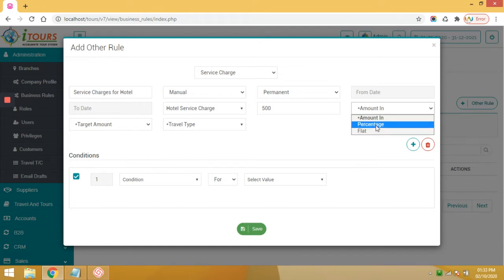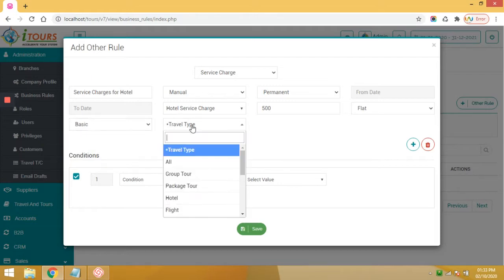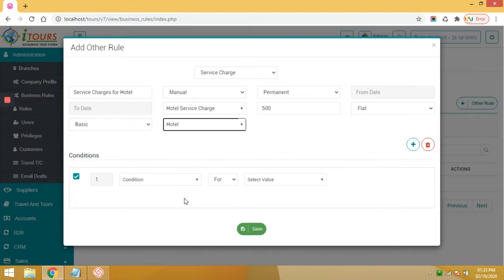Targeted amount, basic amount, or the total or the commission, travel type, let's say hotel. Here you can define the conditions, or in these sections we can deselect it or the same.